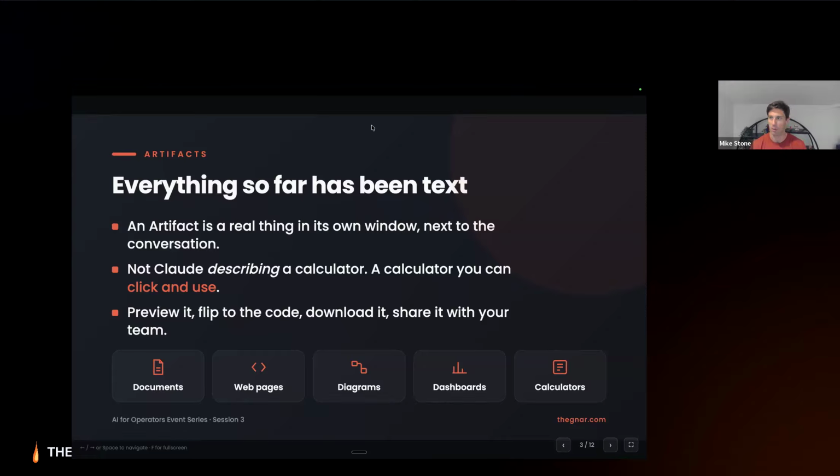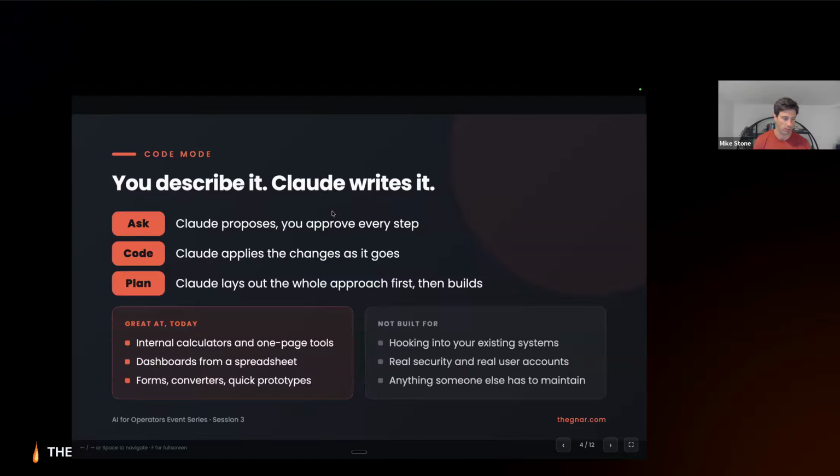So we'll explore a few of these as we get into it. But we'll be able to preview our artifact in Claude Desktop. I'll show you this soon, and we can tweak and enhance it as we go. Again, we can also download and share, so we can provide these to the team for their use as well.